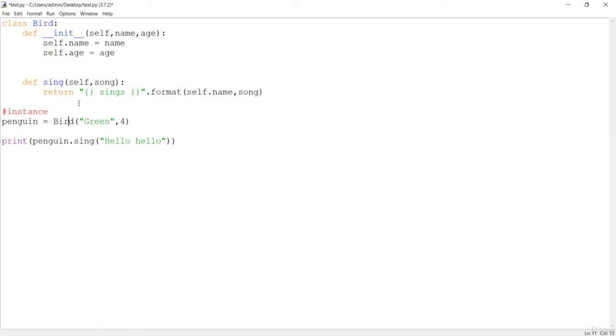And if you just make the instances, the method that is going to be invoked automatically is this init method, which is obviously your constructor, and this self is just denoting this object. That means we don't need to pass anything to self, and after that these are all the positional arguments which should be passed while calling this bird class, with green as the name and 4 as the age. If you want to reference the age, you can just go here and write sings, and his age is, and you can format now. We are passing self.name at this position, song at this position, and age at this placeholder. But now again, if you say something like only age, and let's save this and press F5,